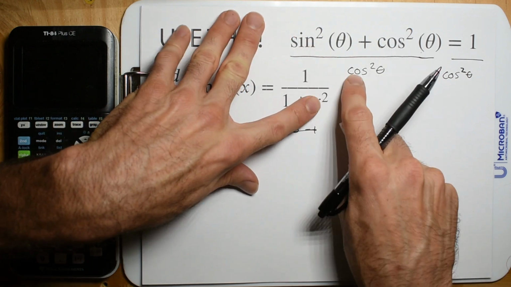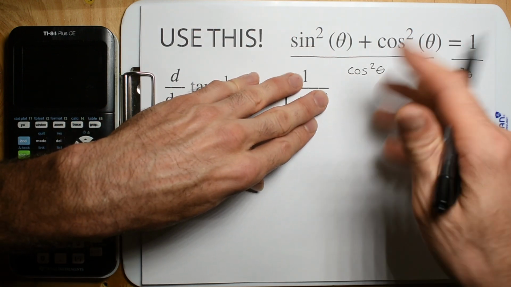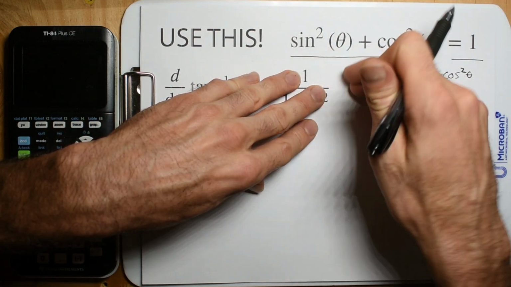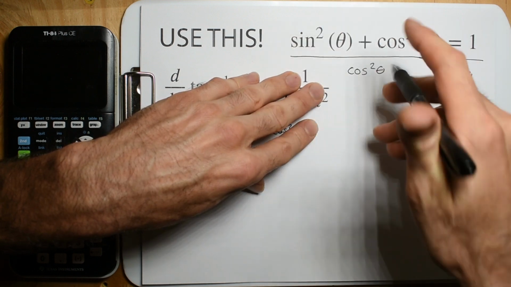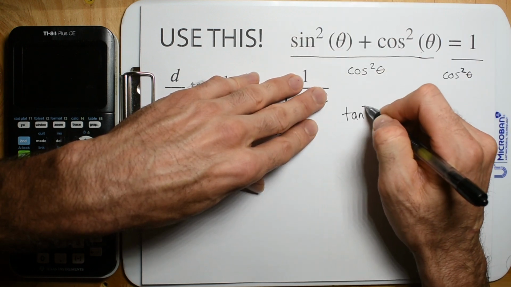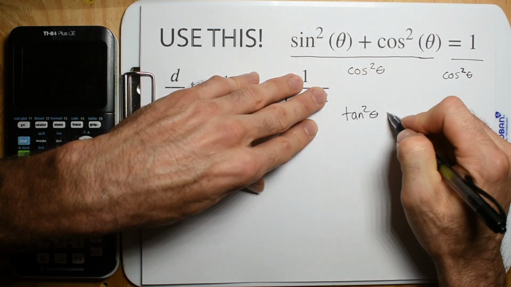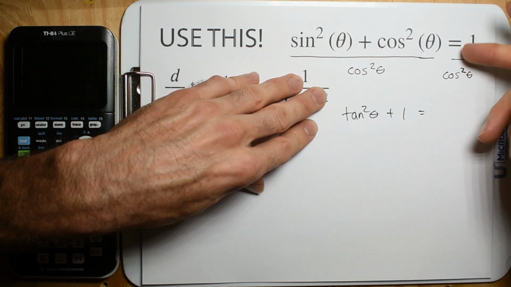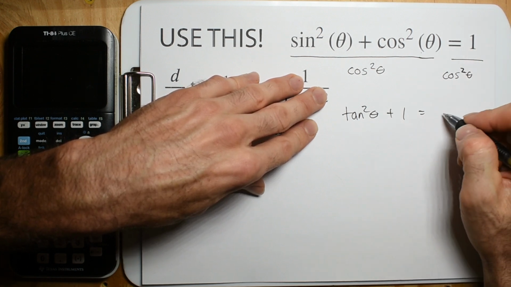So we're going to have sine squared divided by cosine. Now, can we just do this in our head? Because sine divided by cosine is tangent. We're going to have two of them, so you can just instantly see that's tangent squared theta. This is plus 1. And then this is 1 divided by cosine squared theta, which is